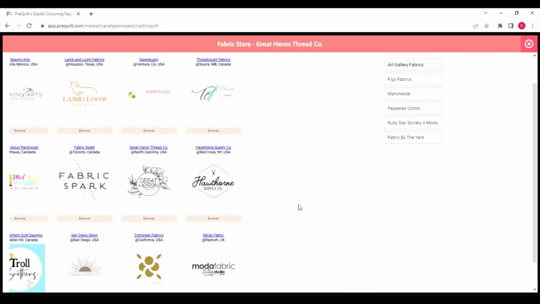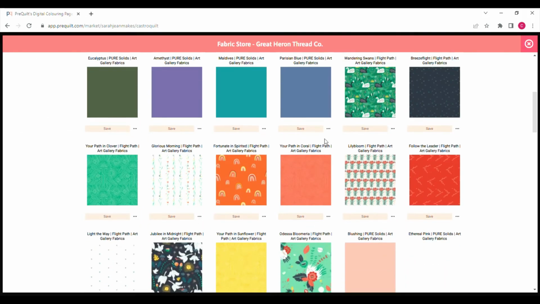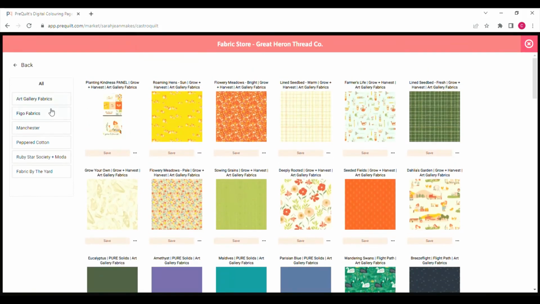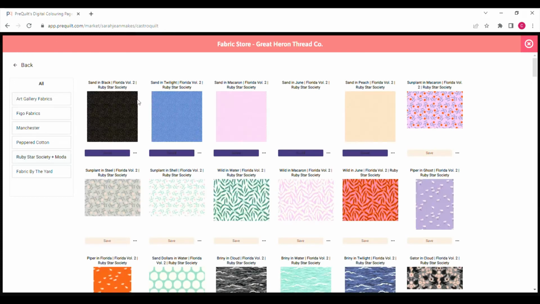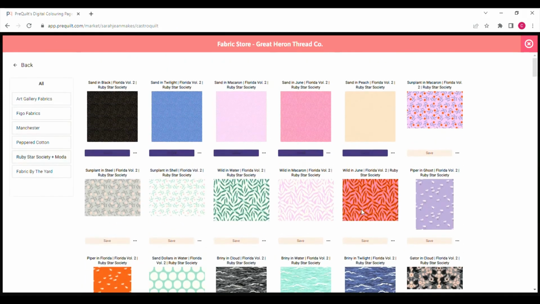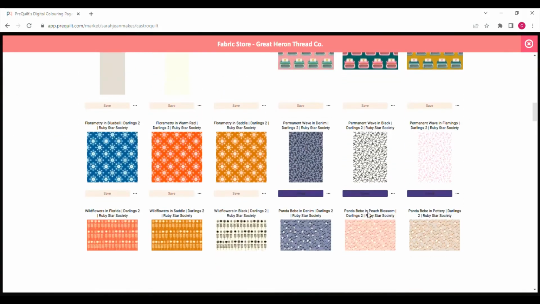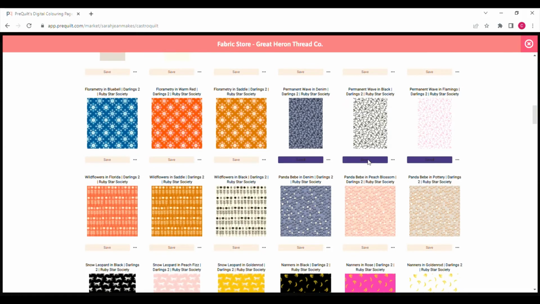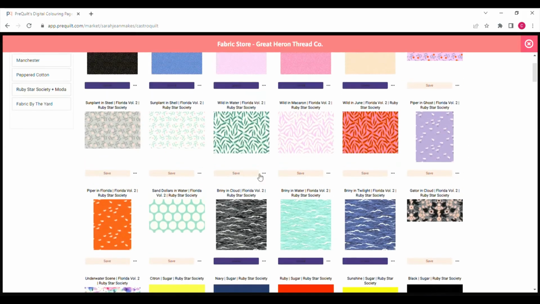Here it gives swatches of different fabrics. These are fabrics that Justine has in her shop, and you can play around with them in real time, which is really cool. I'm a Ruby Star fan, you guys all know that about me. So I'm going to click on some really cool prints and scroll around to see what she's got. I love this, this looks very cool. It's already saved in my shop. Let's see, what can I pull? Okay, these are pretty. I'm going to save,